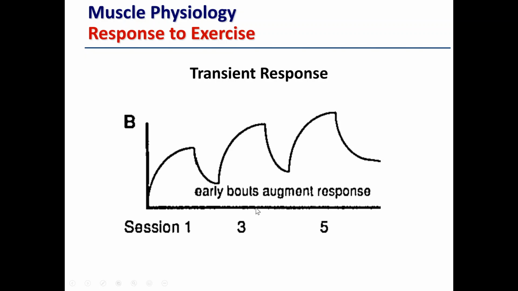So if you imagine this is the transcriptional response, here's the level of transcriptional activity at baseline before your bout of exercise. Here's what it looks like over the 24 hours following exercise. It then comes back down, and you have a little bit more transcriptional activity than you did on the first day. You have another bout of exercise, it comes back down. Again, you've adapted a little bit, and over time we have what looks like a sawtooth type effect, in that we're accumulating more of these proteins over time, and therefore adapting the muscle.